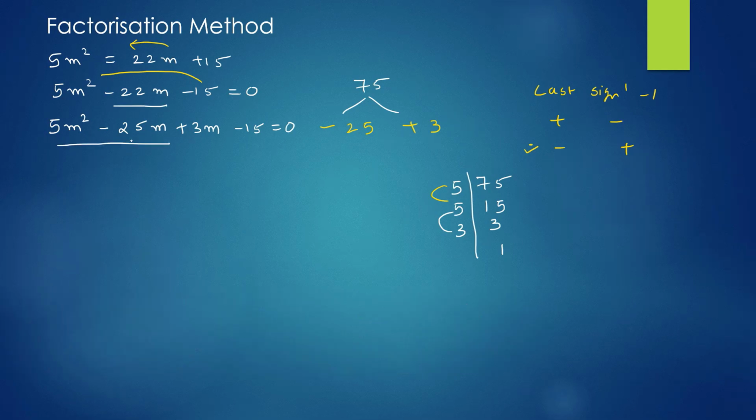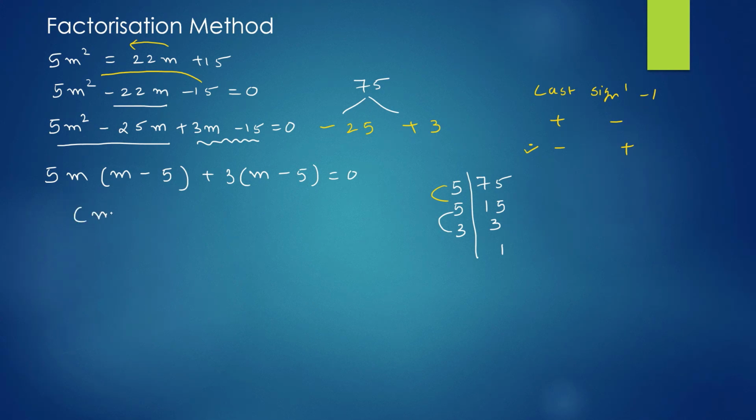Again, from the first two terms, common is 5 1s are 5, 5 5s are 25. 5 is common, and again in variable form, m is common. Here only m is there, minus 25 is there. So 5 5s are 25. Okay, bracket close. Now from the second two terms, 3 1s are 3, 3 5s are 15. So plus 3 is common. M minus 3 5s are 15 is equal to 0.